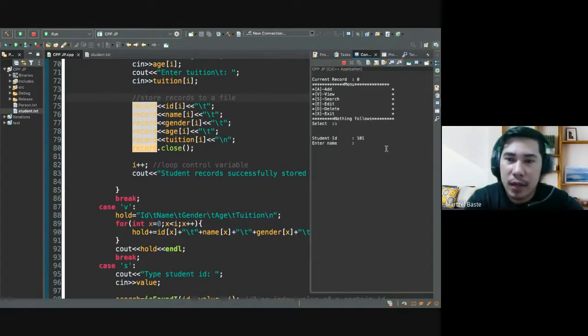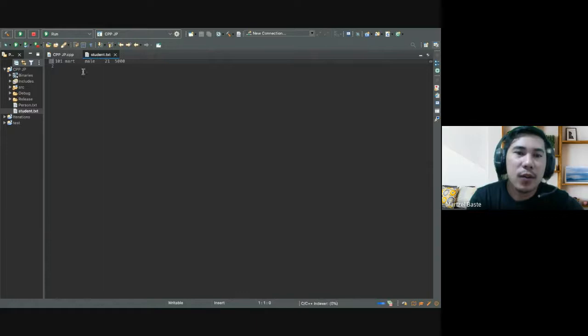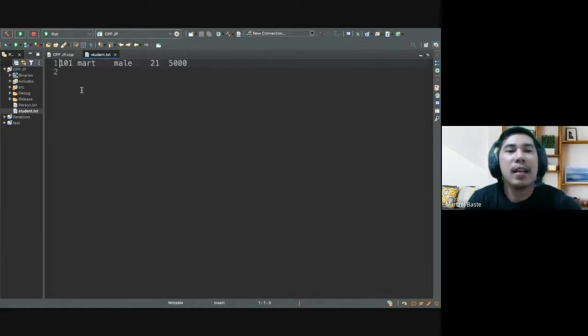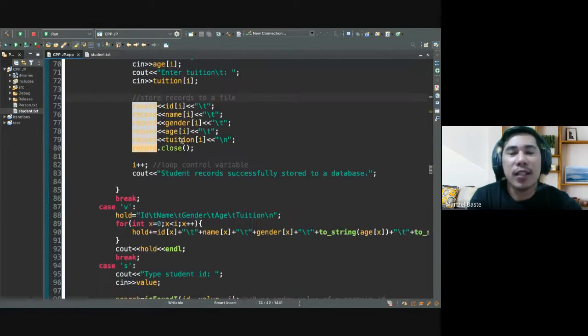So we have here, let's say Mark, male, and then 21,000. Student record is stored to a text file. So there, naa na siya. I have here 101 Mark male 21 stored in a text file. So dapat kanina, every time